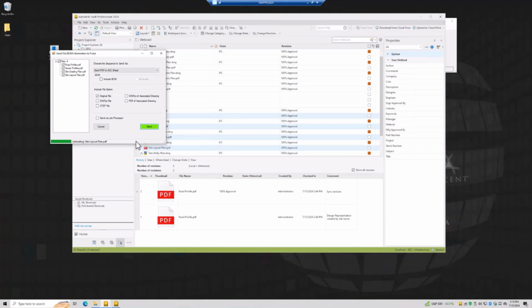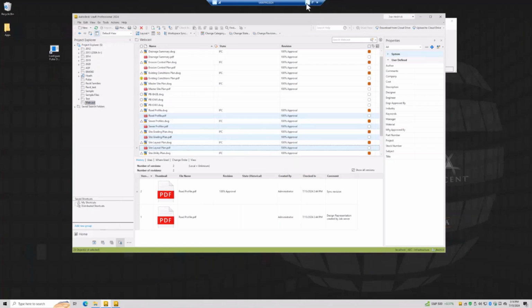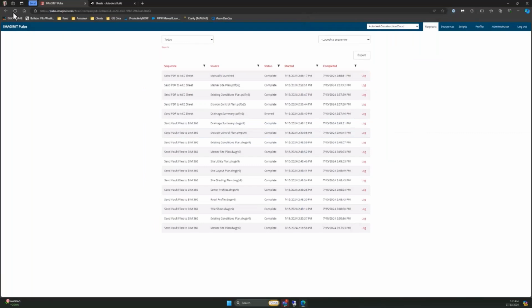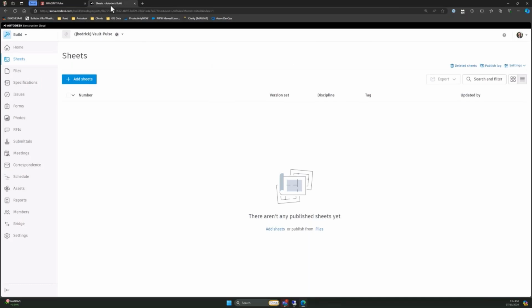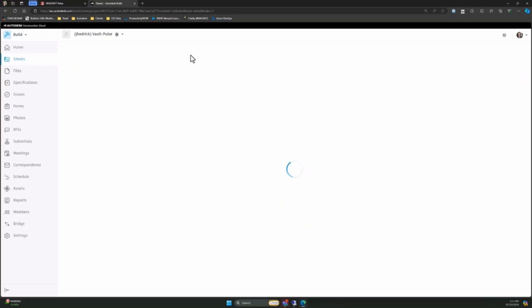In this case, we're not using the job processor. That happened fairly quickly. It sent 4 files to Pulse. Then it's going to, in turn, go to the construction cloud. But here are those files being queued and processed. In just a second, we'll flip over to Build and start to refresh these pages, and you'll see these files start to